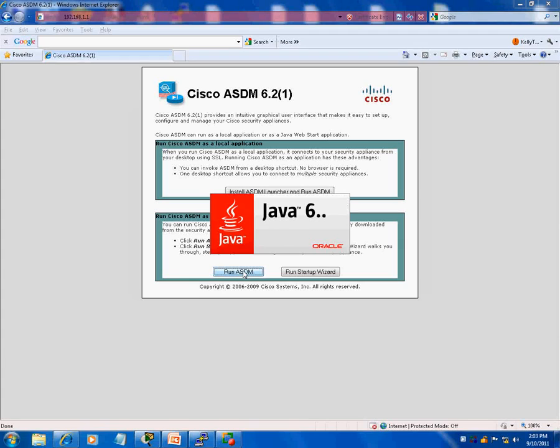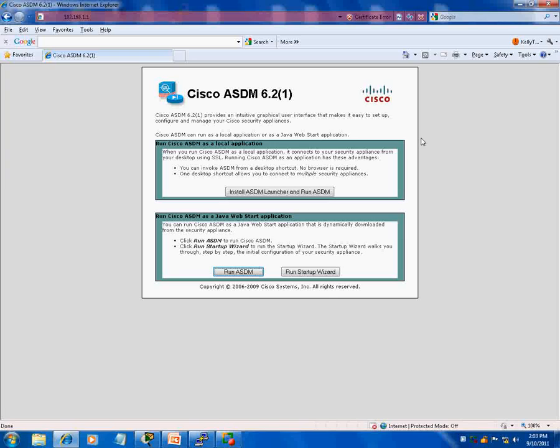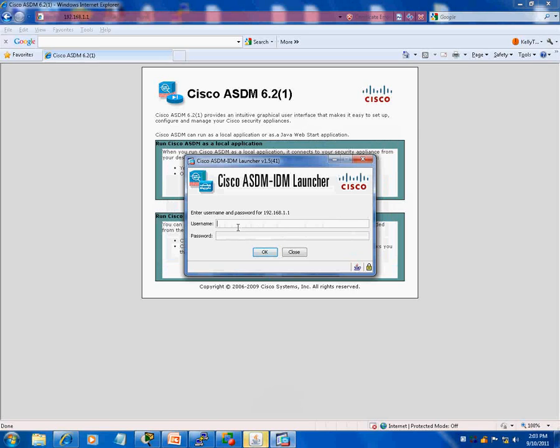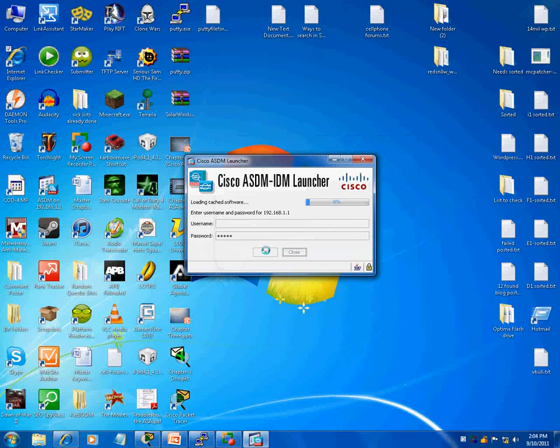Keep waiting. And there you go. So by default, when this comes up, let me close out everything else. By default, when this comes up, there is no username, and I'm just using my enable password to get in. Now, if you've set up a username, you need to use that, but obviously if you didn't, it's just your enable password. Oh, I hate when that happens. All right, let's try this, and there we go. All right, so again, you can run it as a web app or you can run it as a local